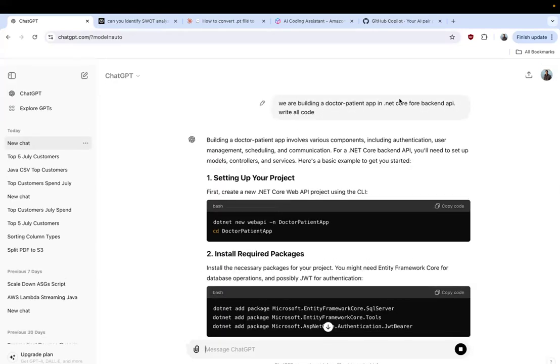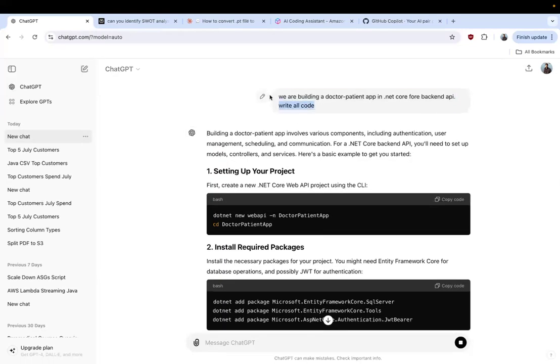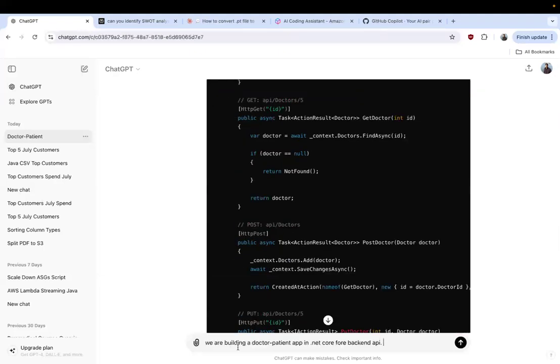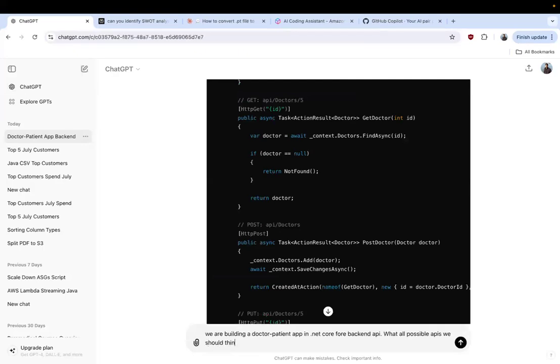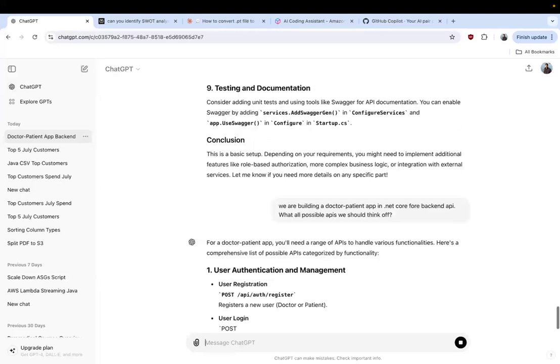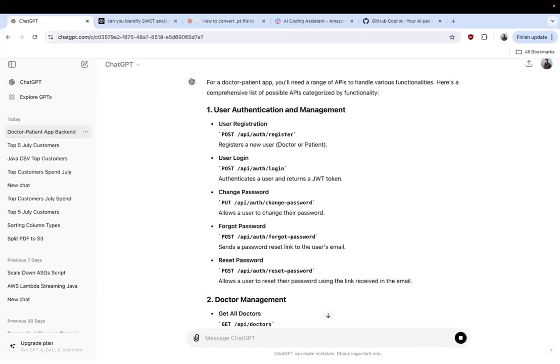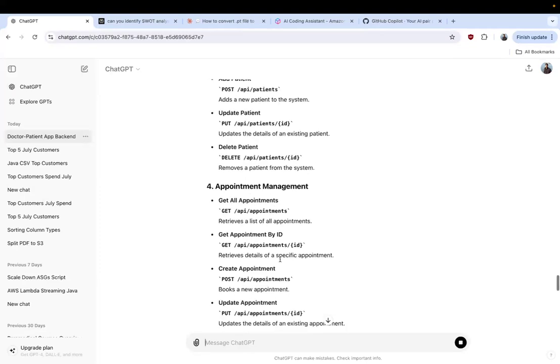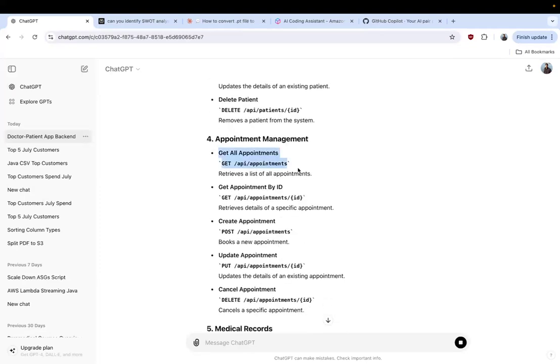So instead of directly jumping onto the final answer, you can go step by step, spoon-feed. Let's say we are building this, what all possible APIs should we think of? Let's say I don't even have that, so I'll start with this as a question first. So first, let's understand this, right? These are the things it is doing. But if you feel there should be more, or less, you update on that, right? Then for each one, let's say for this one,